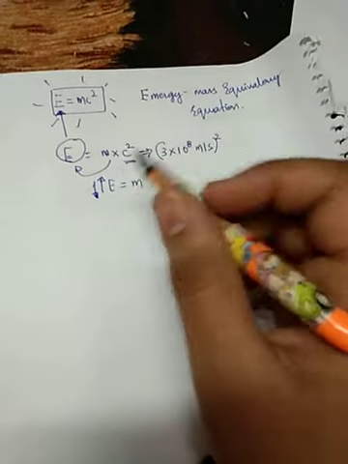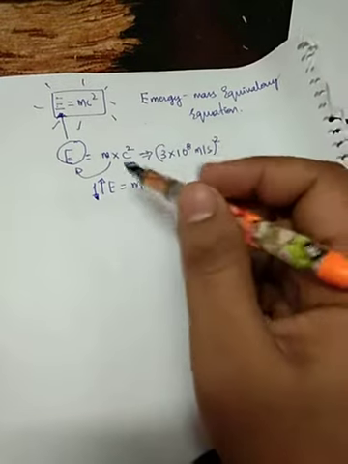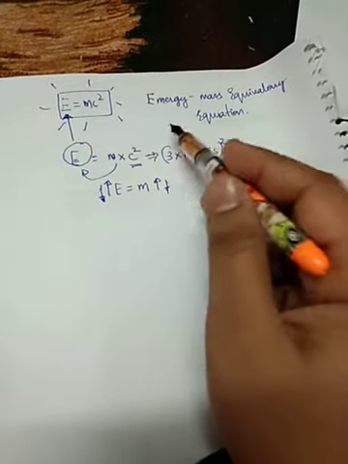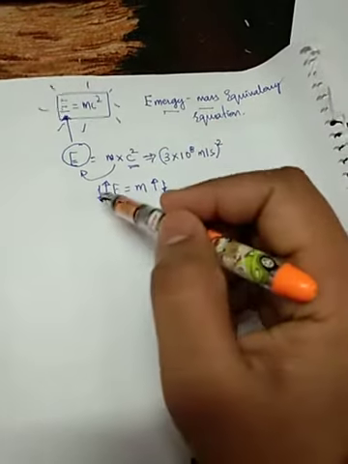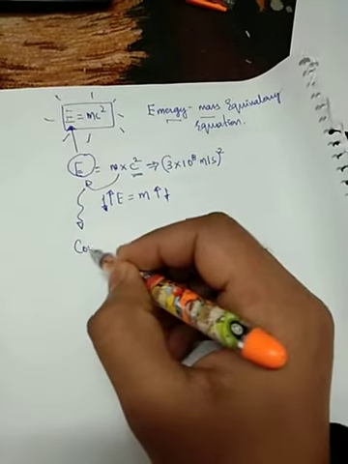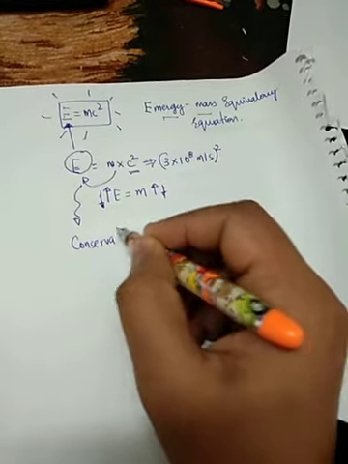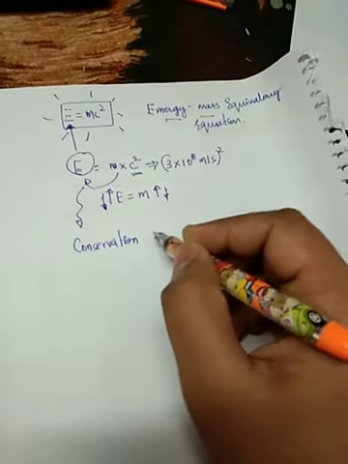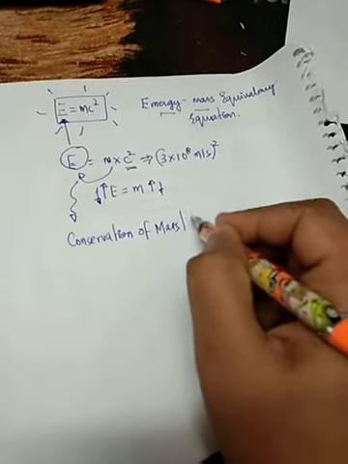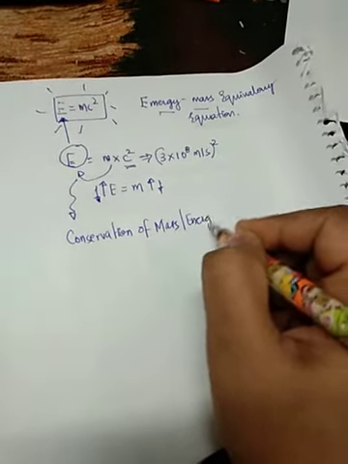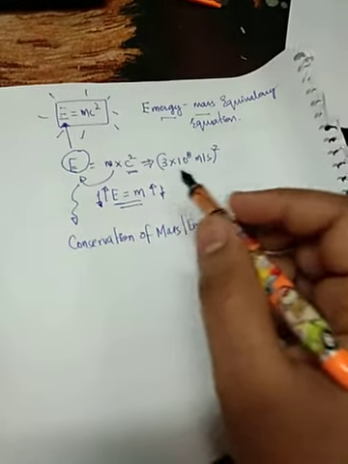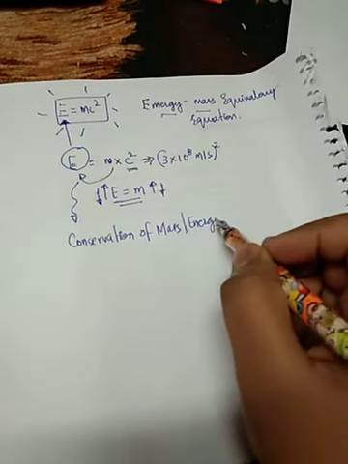So this equation is energy-mass equivalence, which doesn't give you any time travel or anything like that. This equation deals with energy and mass. It basically deals with something called conservation. I'm not going to deal with time travel or other things. I'm going to deal with the conservation of mass, or let me say energy, because both are equivalent to each other here. So, conservation of mass and energy.